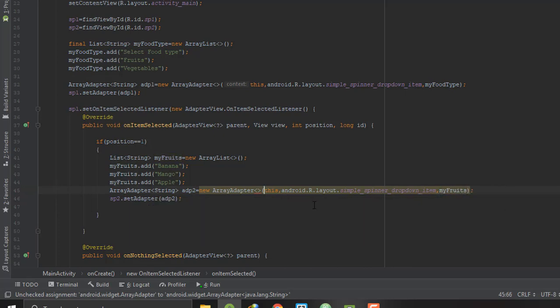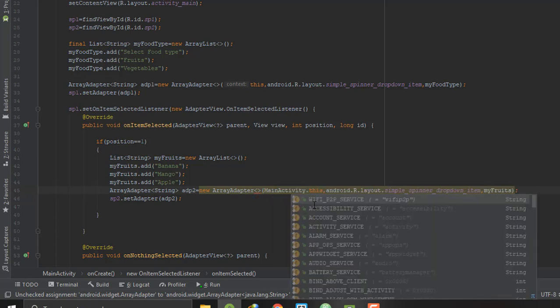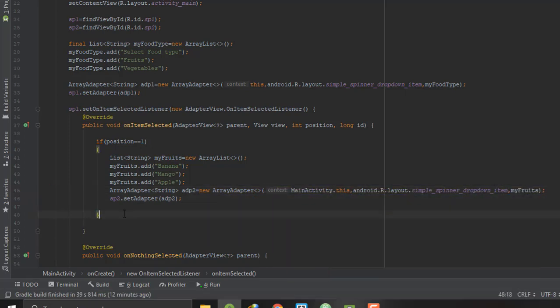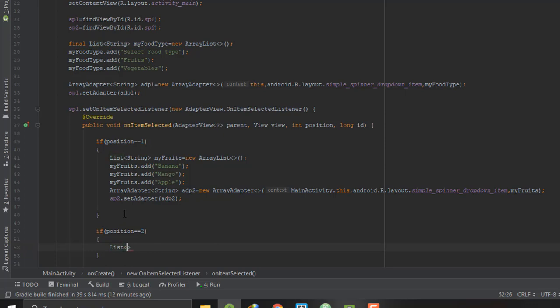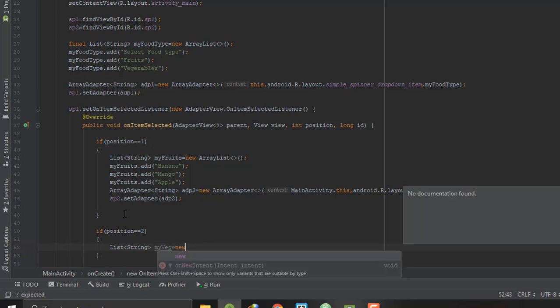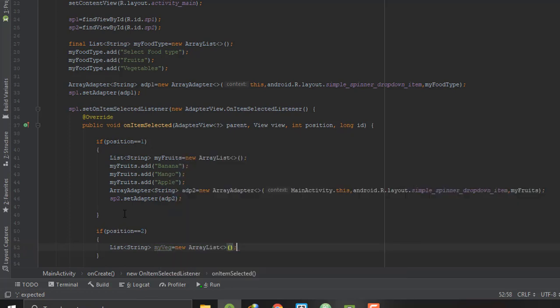Here it is showing me an error. We will write here MainActivity dot, and the error is gone now. Now similarly, if position is equal to 2, which means that the user has selected vegetables from the first spinner, we will again create a list of type string, and it will be named my vegetables is equal to new ArrayList.